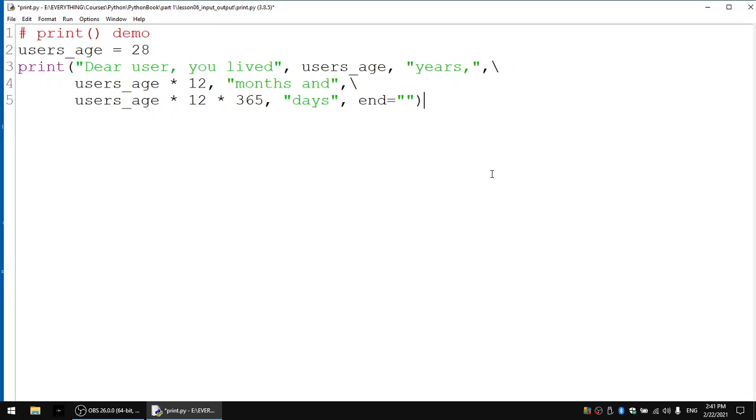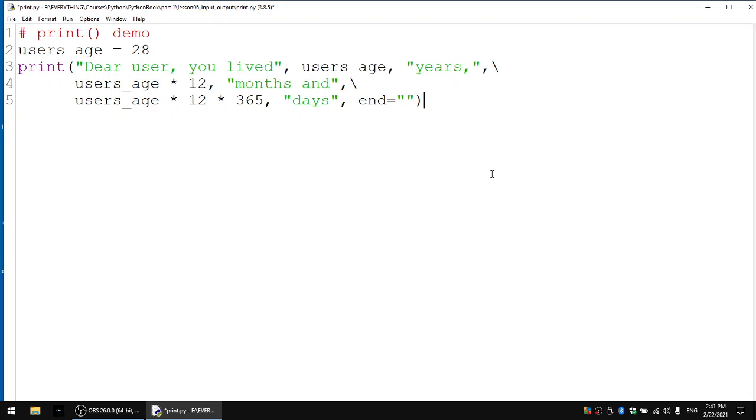And if you provide end as an empty string, that means your print won't go to the next line. It will stay on the current line. Sometimes it is useful. Also, a second parameter you should know about is the sep parameter or separator, because by default,